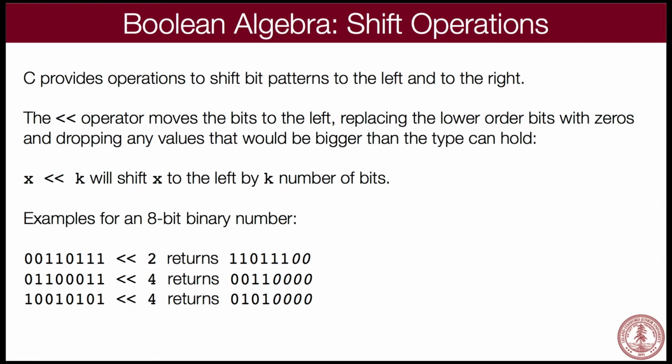Let's see, it's 0 times 2 to the 0 plus 1 times 2 to the 1, which is 2, plus 1 times 2 to the 2, which is 4. So 4 plus 2 is 6. What have we actually done here? We've actually shifted it over by a power of 2, which means we have doubled the number.